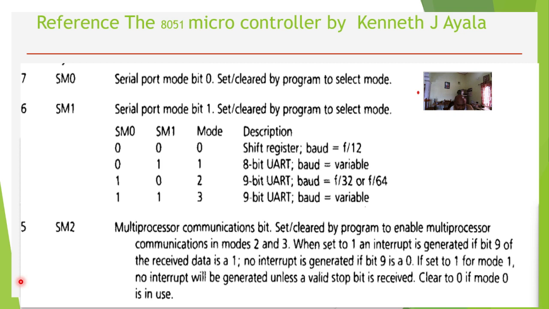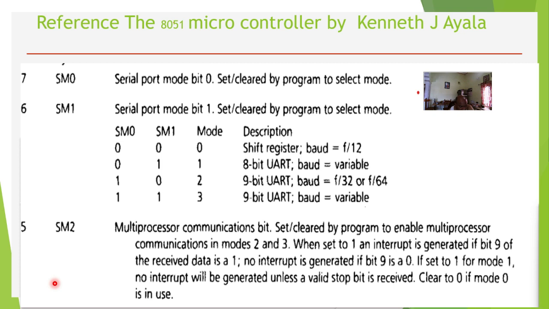If SM2 is set to 1 for mode 1 especially, no interrupt will be generated unless a valid stop bit is received. Actually there are a start bit and a stop bit, in between which we will encapsulate the 8 bits of data. Like if I want to transmit 0x40, then I will write 00, I mean 00 is 0, 01 is 1, then 10 is 2,